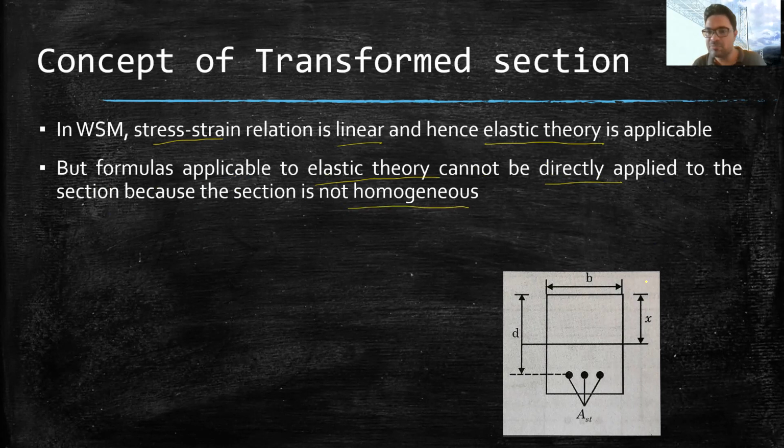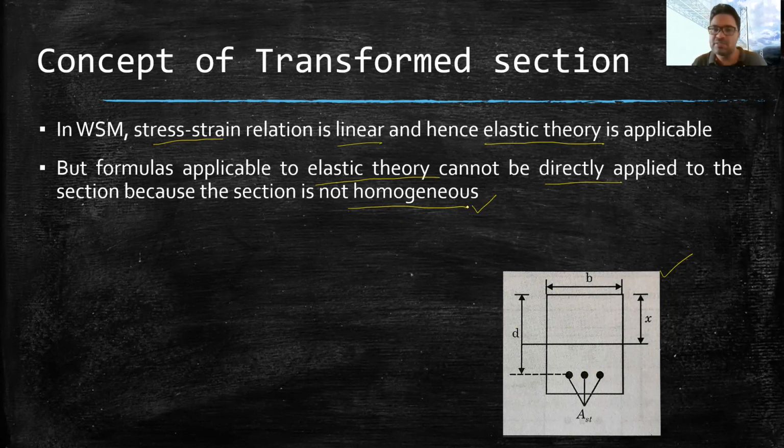So in our case, now you see this section. In the section, we have two materials. One is the concrete. So again, I am showing the cross section of a beam. And in the cross section, in the lower part, we see three dots. These three dots are showing the area of tension reinforcement, and the whole rectangle is showing the concrete. So there are two different materials and they are not homogeneous. They are actually heterogeneous, and elastic theory is based on the assumption that the material is homogeneous.